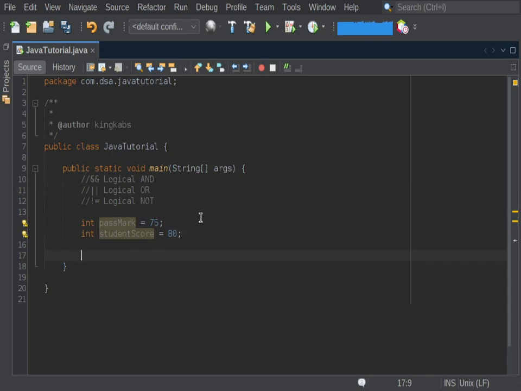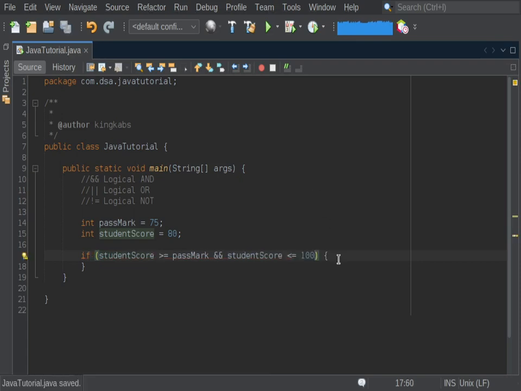Student score, let's in this case give the student 80, and find out if the score of the student is between 75 and 100. We are going to say that the student has attained a grade A. So if student score is greater than or equal to the pass mark, and here is the use of the logical AND, we're going to explain how it evaluates, and student score is less than or equal to 100, assuming a student can even score 100 marks,